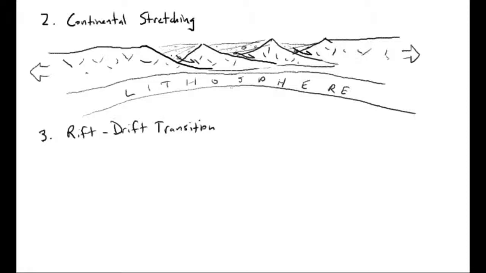So Eastern Africa, Northeastern Africa has a place where it's undergoing this currently. So we see this is one of the major tectonic processes that happens. Okay, rift drift transition. So here we have, zooming out a little bit,